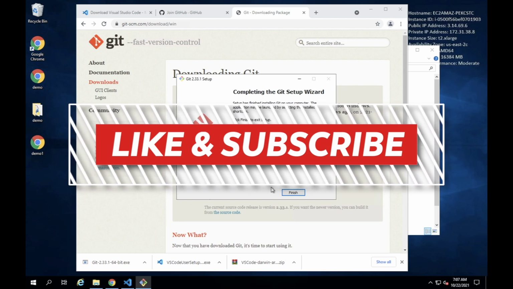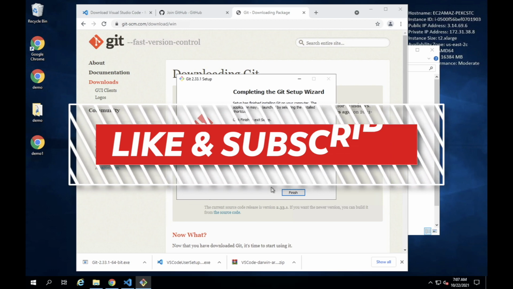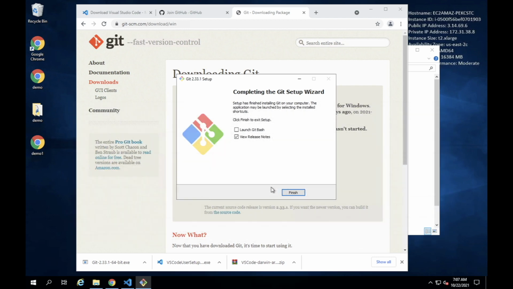What is a version control system? To understand this, I will give a small example. Whenever you write code, in your future you will work with a team, right? If you work in any company, you will work with a team, right?